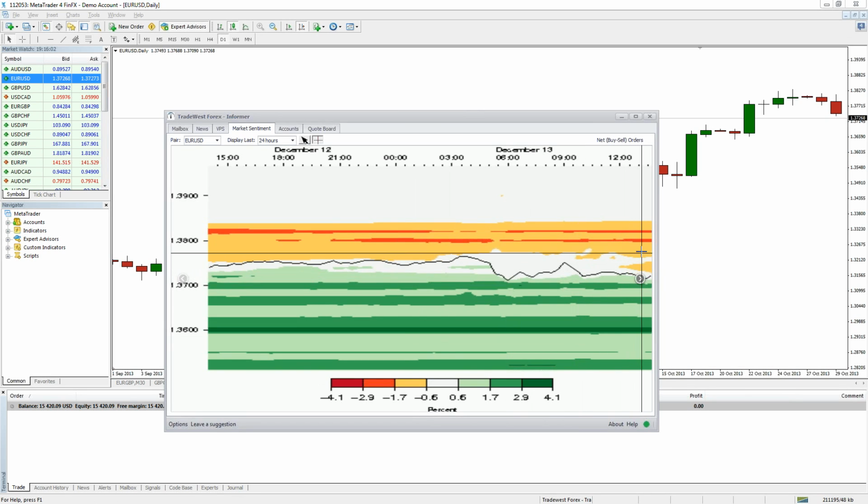Traders that have sell limits are going to show up in red above the price. If you ever see the colors on the opposite sides, those are stops and not limits. So if there were red below the price, that would be a sell stop. If there were green above the price, that would be a buy stop. But what we're going to focus on today will be just when you see green below, that's considered strong